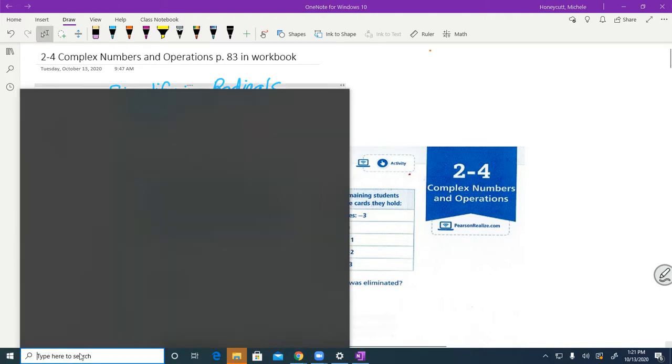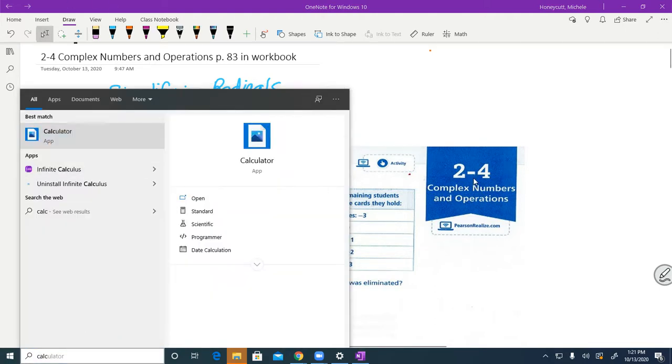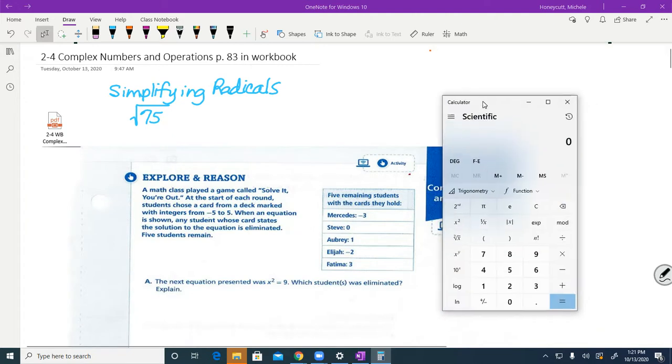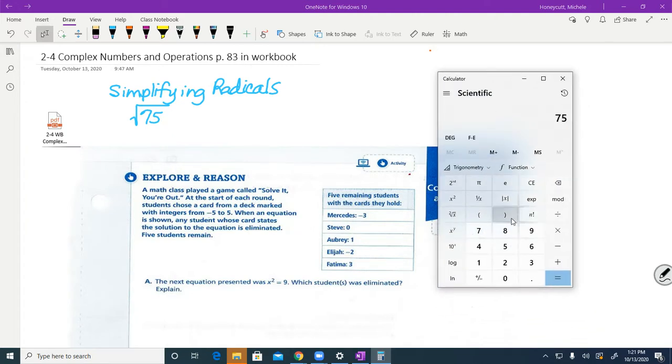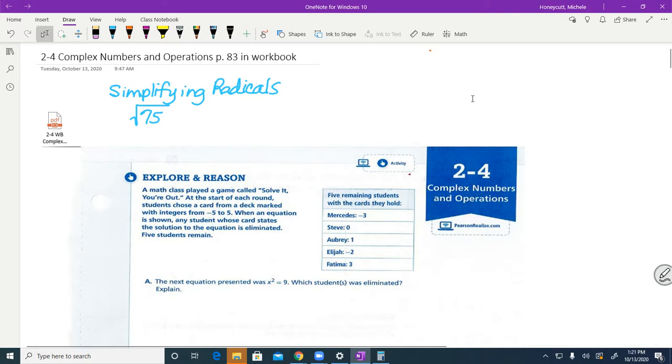Now if I grab a calculator and I take the square root of 75, I get a really long decimal, which shows that the square root of 75 is an irrational number. So I can't just write the square root of 75 as a decimal. I also can't round it because it takes away the accuracy of the answer. But what I can do is simplify it so I can work with it in combination with other numbers. So the way that you simplify radicals is first,